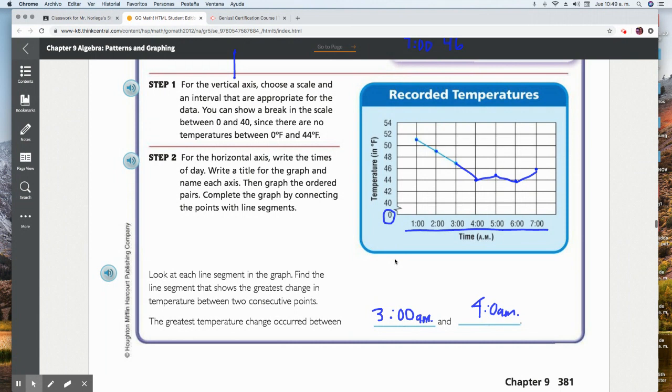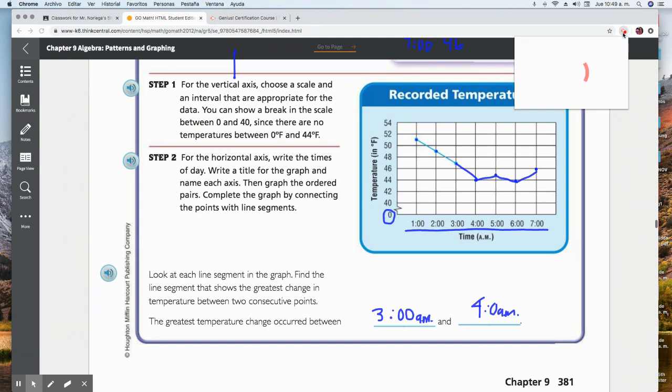That is another way you can do this, okay? But the easiest way is to see which line segment goes down. It shows the greatest change, okay? Which line segment is longer, all right, when you are using it to create a line graph. Okay, so this is page 381. I'm going to record the page 382 on another